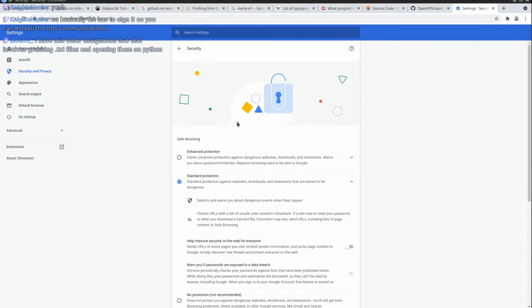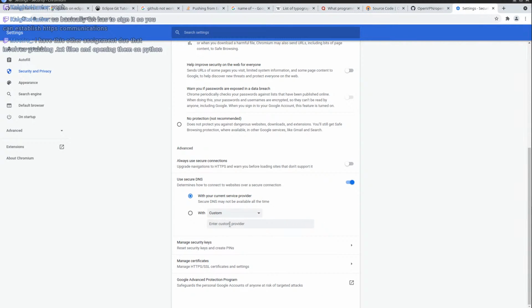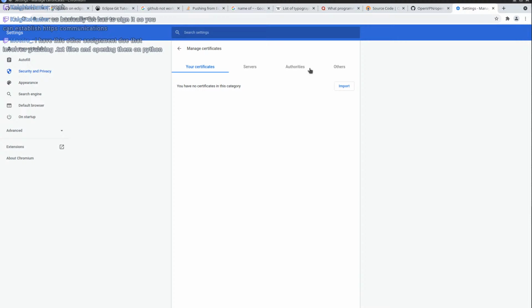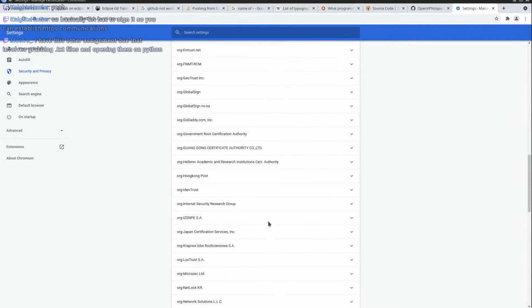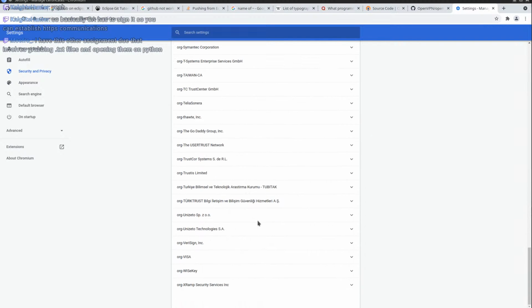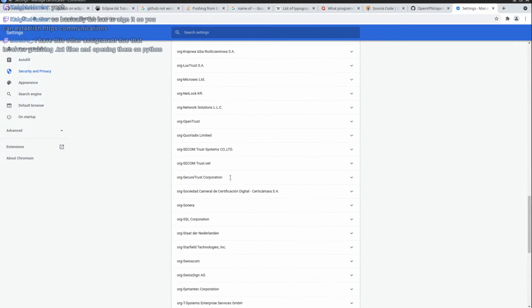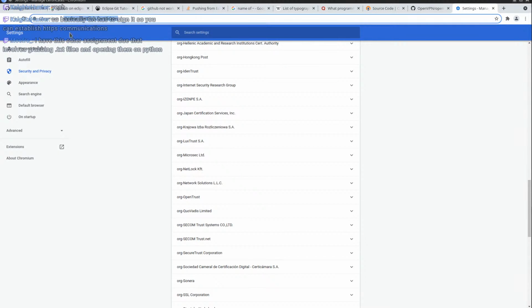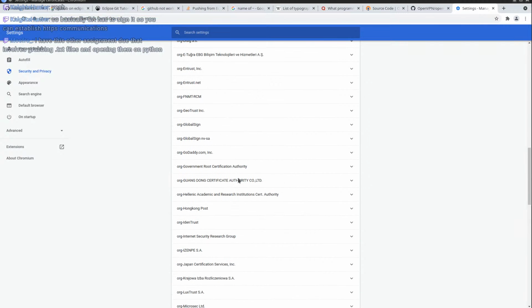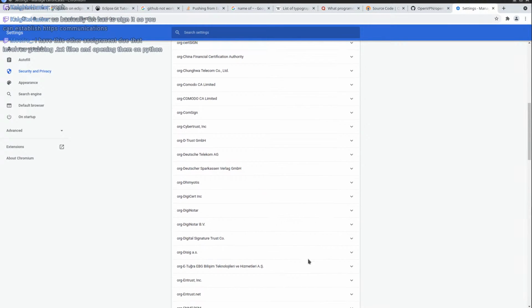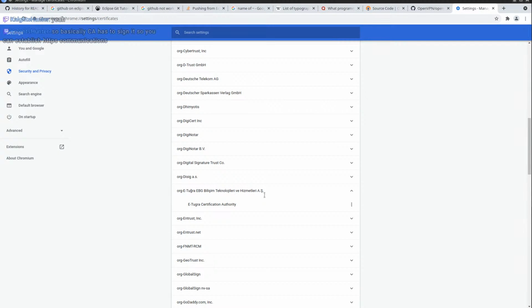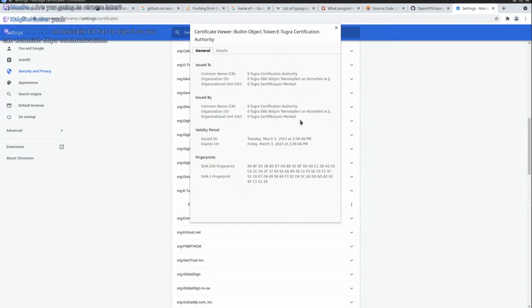Should be able to find them somewhere. List of the certificates. Yeah, manage certificates and authorities. So these are CA authorities that will be trusted by your browser. So if you want to get a legitimate certificate that will work and your website won't throw any errors, you need to buy a certificate from one of these providers. So for example, like this one, you can use all the details about them, so company name and so on.